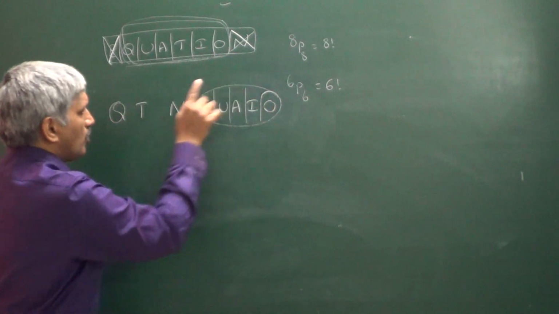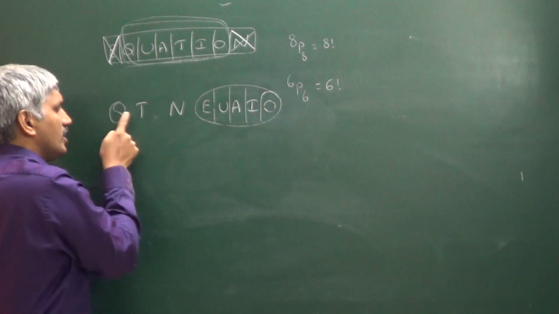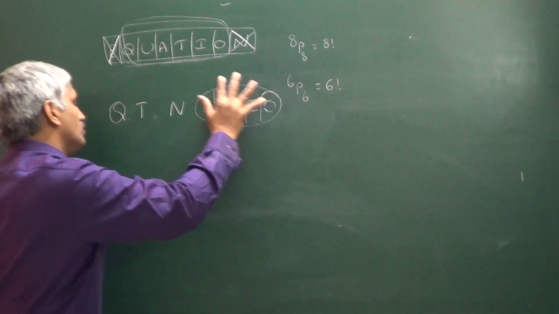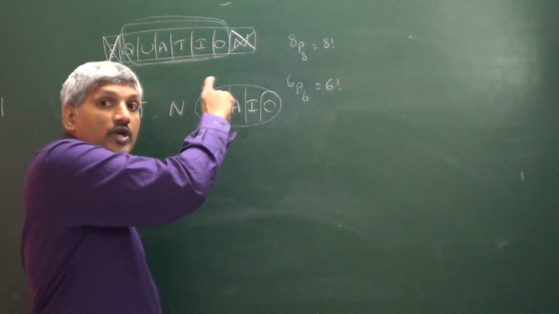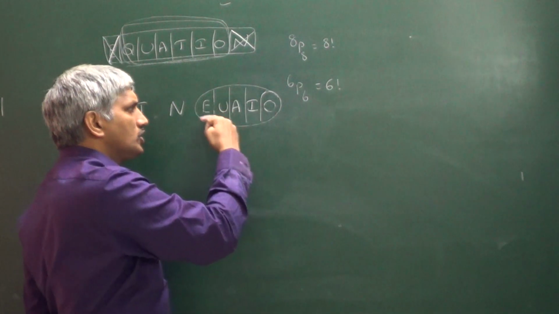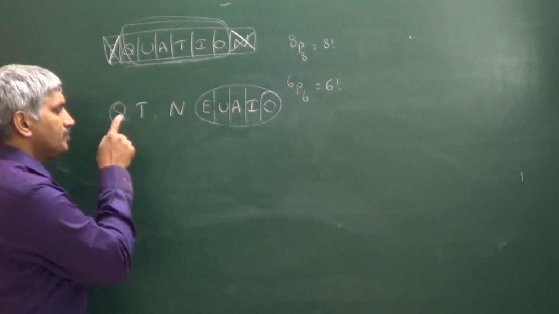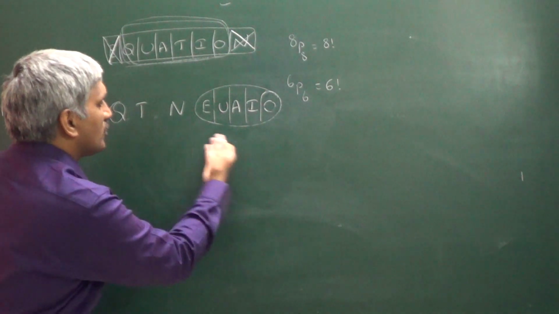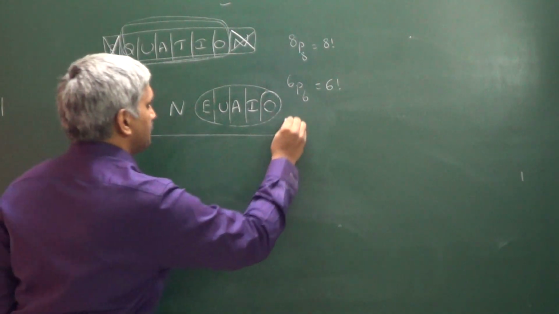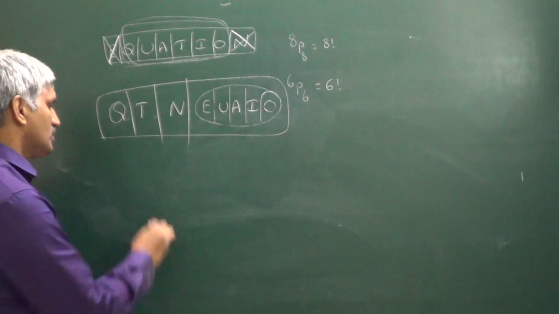We can keep this box in between T and N. You can keep this box in between Q and T. You can keep this box here also. But this box has to go in that way. That's why all these vowels we are considering as one unit. Now total 1, 2, 3, 4 units. So these 4 units can be arranged